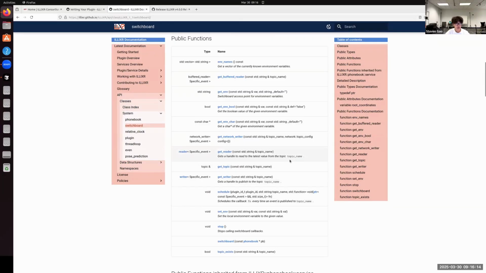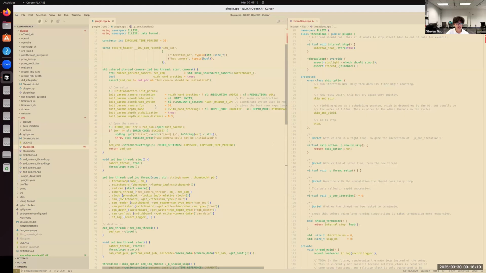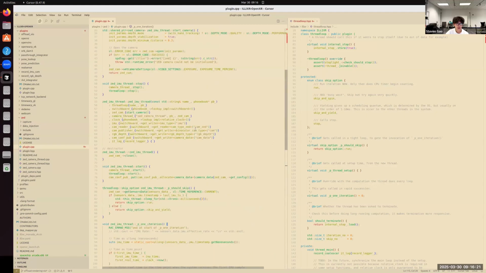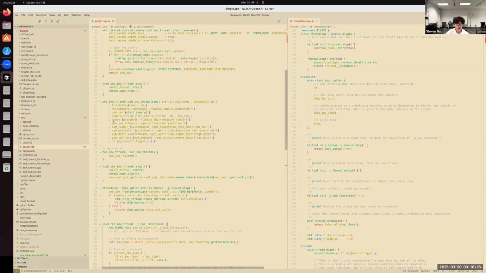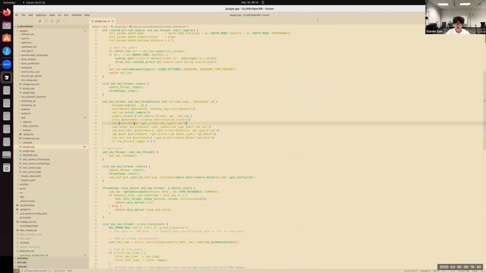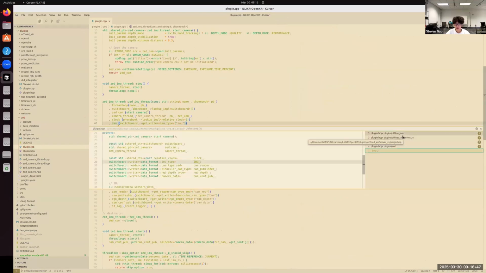So let's look at an example of writing to a topic first. Let's stick with the Z plugin here, and let's first see how we can initialize a topic. Here, the Z plugin gets a writer for the IMU topic, and this writer allows you to put messages into the topic. So let's see where this is being used.